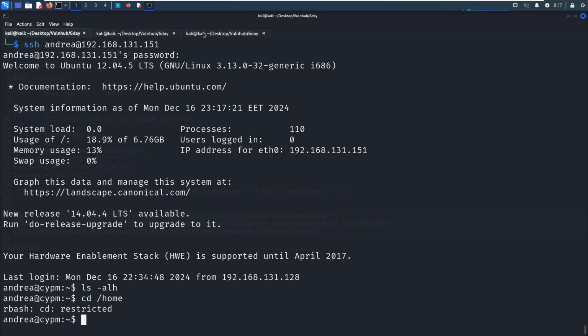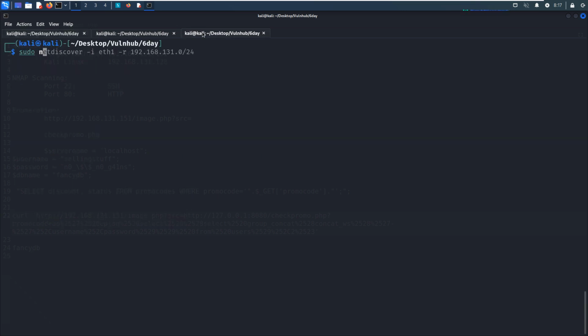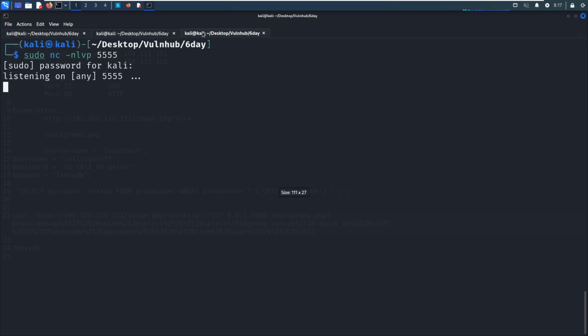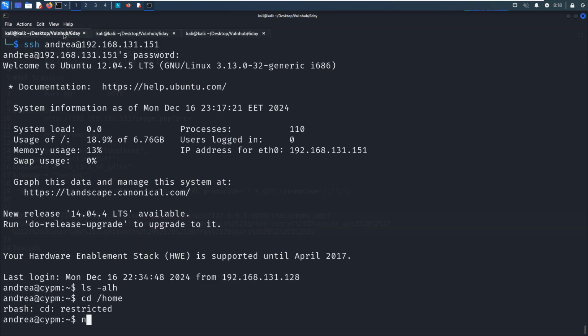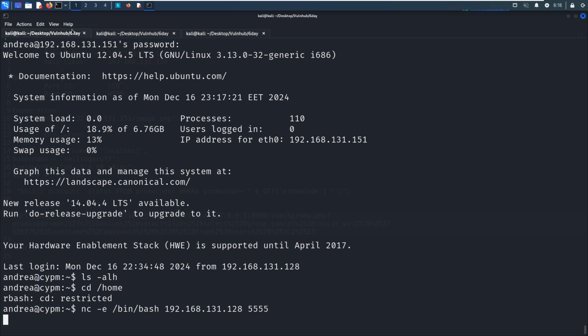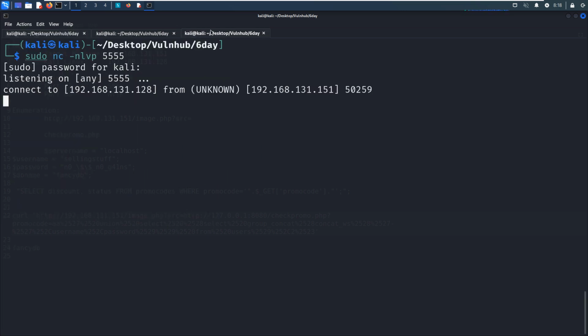For example, we can set up another listener on Kali Linux, and then we can run netcat, press enter, and we got a connection.